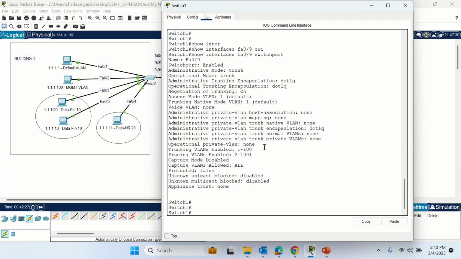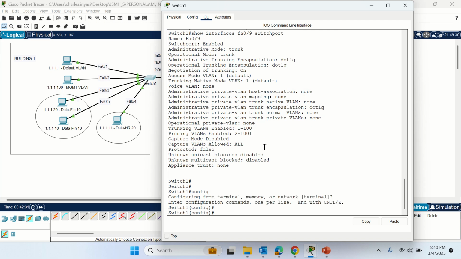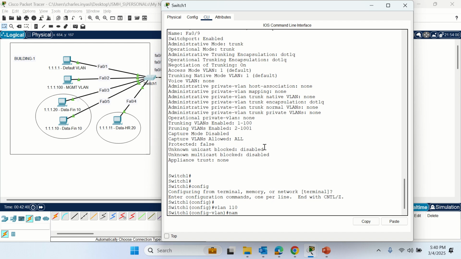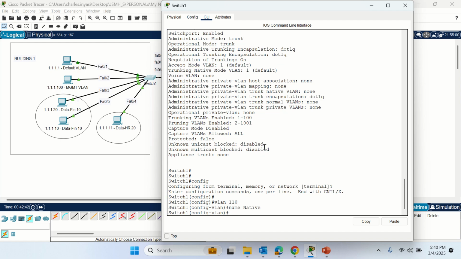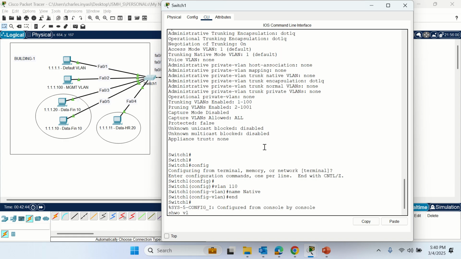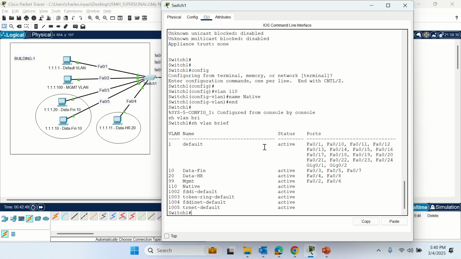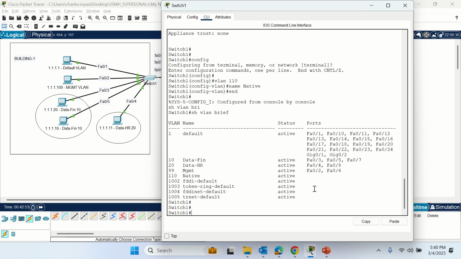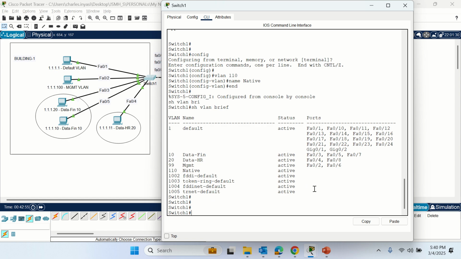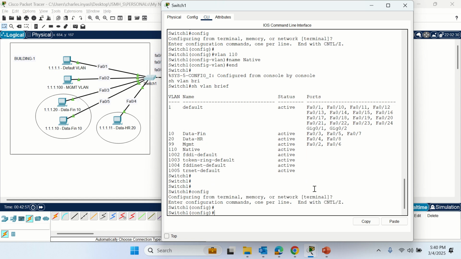Let's do some configuration for the native VLAN. Go to configure mode, then vlan. Let's say we are going to configure the native VLAN as 110 and name it native. Now go to show vlan brief. You will see that a native VLAN has been configured, but no ports are associated as such. So let's associate this native VLAN